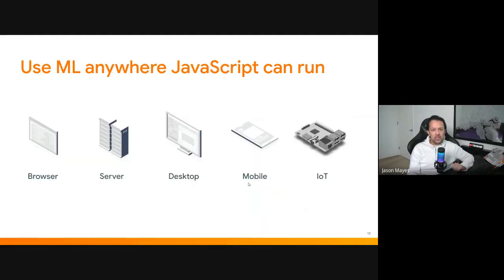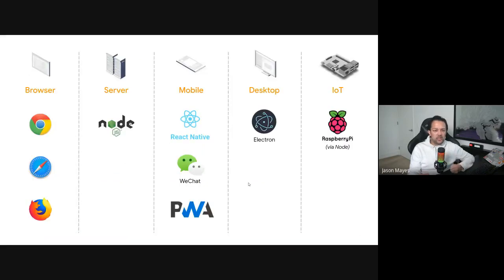And essentially, JavaScript can then run the machine learning anywhere that it can run. And right now, that is a lot of places. We can run in the web browser, on the server side, on desktop native, on mobile native, and even Internet of Things. And if we dive into each one of these stacks in more detail, you can see many of the technologies you might already be using. So the web browsers on the left-hand side there, we've got Node.js for server side, React Native for mobile native applications, Electron for desktop native applications, and even the Raspberry Pi can run Node, therefore we can run on the Raspberry Pi as well for Internet of Things.